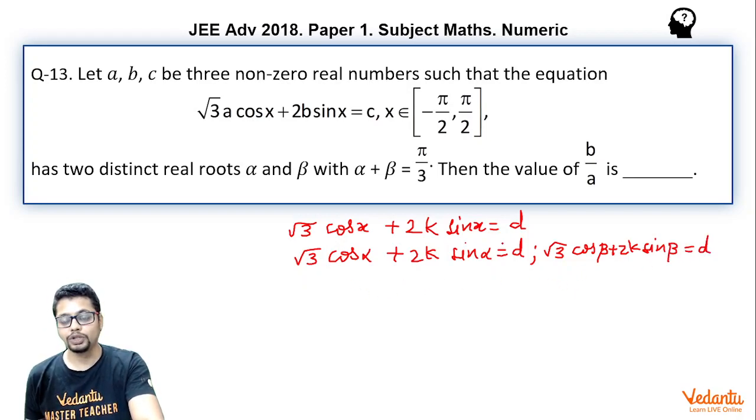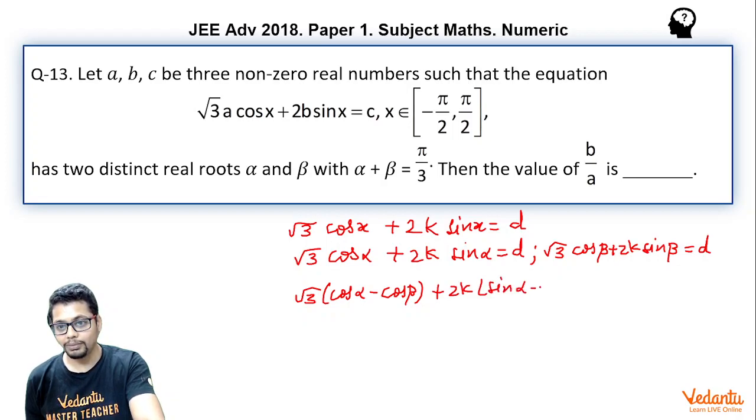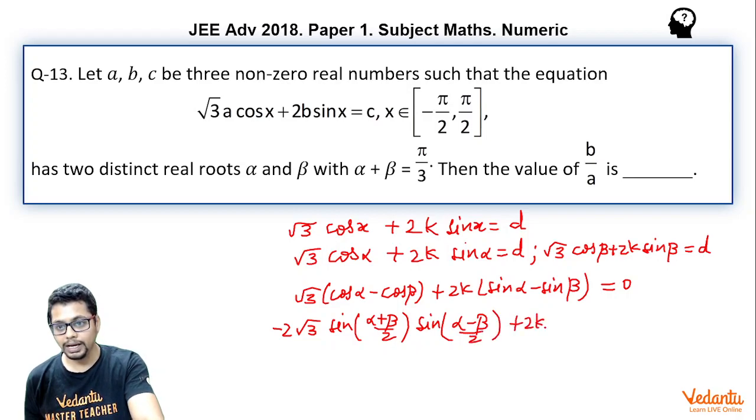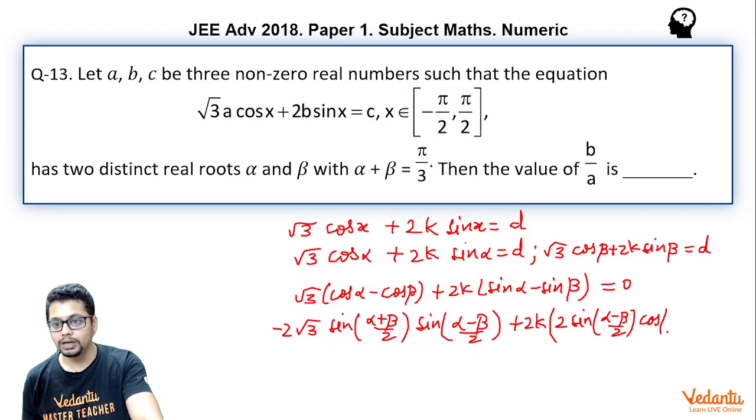Now as I subtract to remove d, because ultimately I am interested in k, I get root 3 times (cos alpha minus cos beta) plus 2k times (sin alpha minus sin beta), and d minus d becomes 0. Now here cos alpha minus cos beta, using the formula, we get minus 2 times sin of (alpha plus beta) by 2 times sin of (alpha minus beta) by 2. And sin alpha minus sin beta, again using the formula, we get 2 times sin of (alpha minus beta) by 2 times cos of (alpha plus beta) by 2